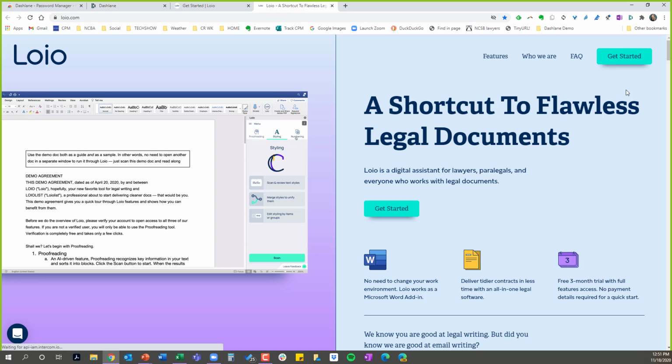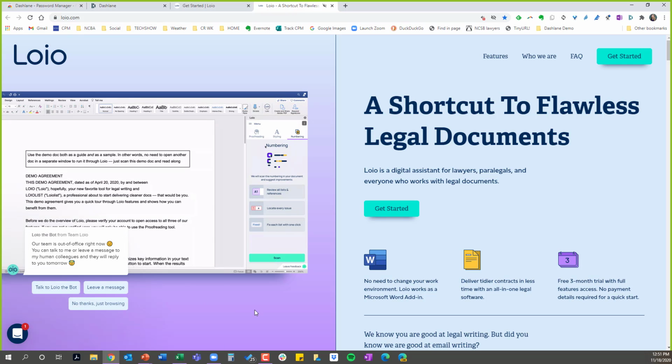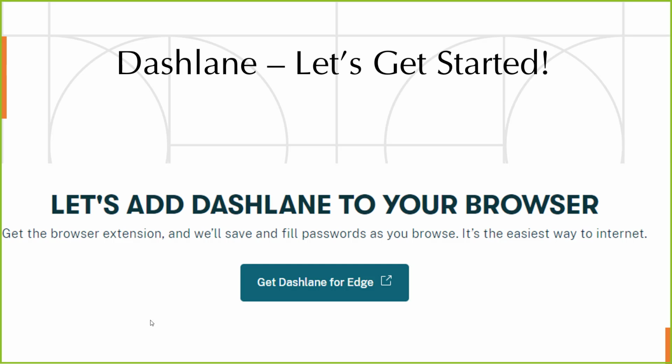So I guess that's the whole point. Go in, play around with this stuff. It's free. Get familiar with it. Get familiar with the features, and then if you think, hey, you know what? This is something I'm going to use, and this is going to be super helpful to me. Use it, and then if you think it's going to be great for your whole team and keep you all safer and keep people doing what they're supposed to do, in terms of best practices for password management, then